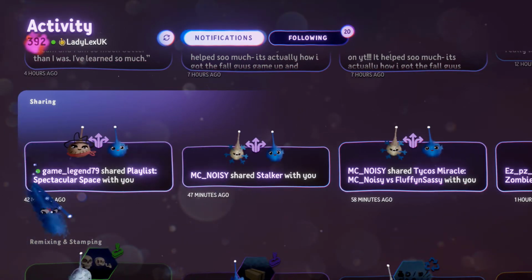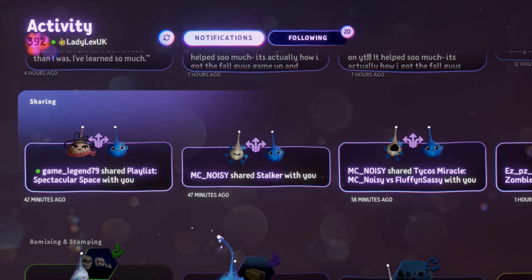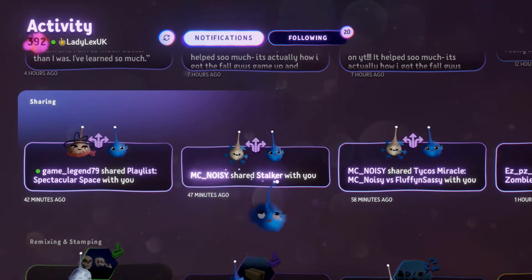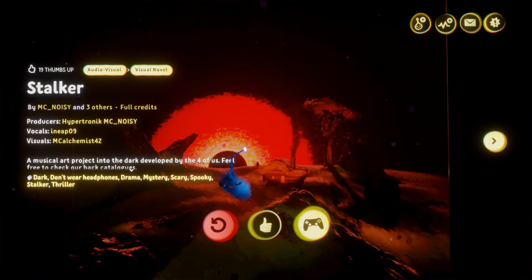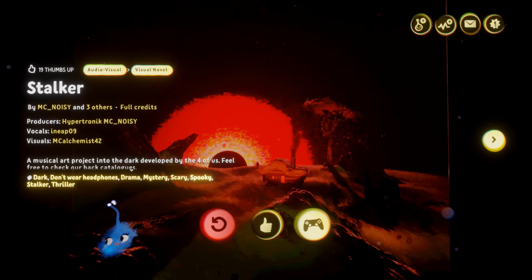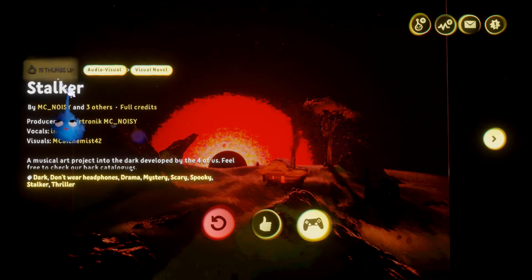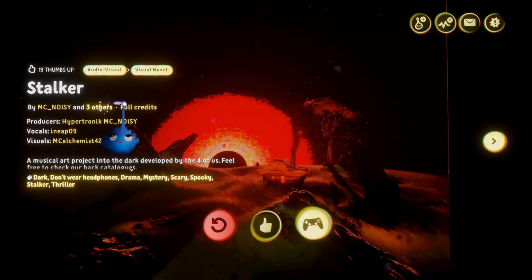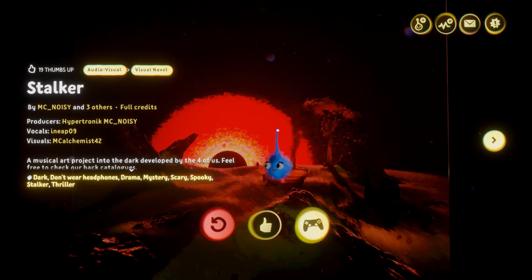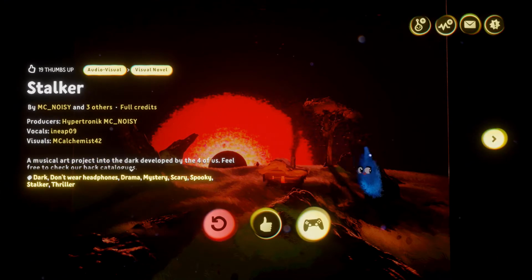Here we have my notifications. People have sent me, this is the sharing section, and people have sent me games and scenes and various things. So this person here has sent me this game here. When I click on it, I go to the profile page of that game or that scene or whatever, and I get lots of information. So I get how many thumbs up it's had, what sort of thing it is, the name of it, who made it, the full credits of all the assets that they've used, that sort of thing, a description and all the tags. I get all of that.